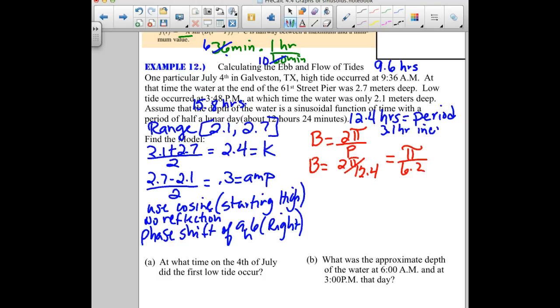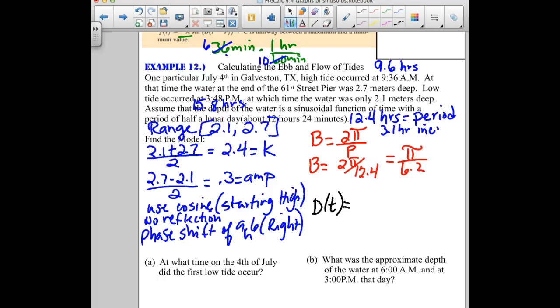Okay, so we have all the pieces. We can write our model out. Instead of using x's and y's, we're going to use time in place of x, okay, because we are looking at a time, an hour change in our horizontal direction. And then our y value is going to represent the depth of the tide, okay, the water level. So I'm going to say d of t, so the depth at time t equals,